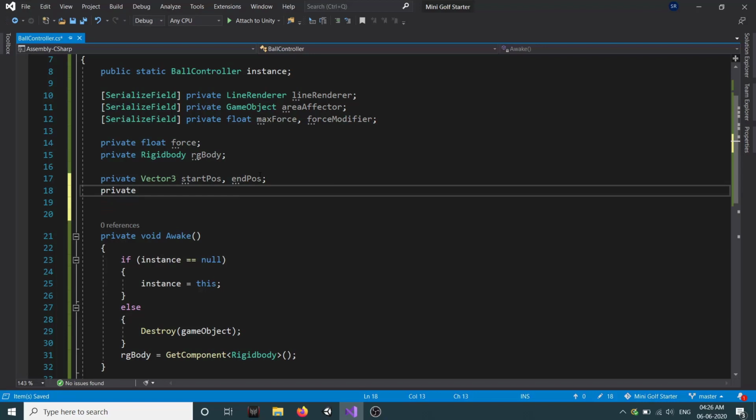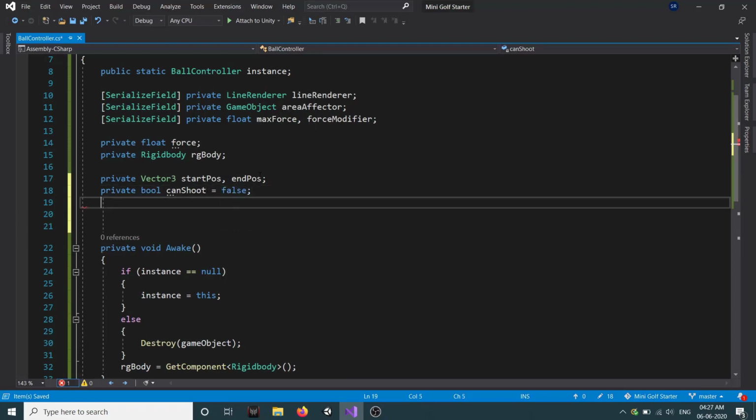Then we will need a private bool canShoot variable. By default it will be false. This variable will define when we can shoot, and then we need a private Vector3 direction. In this variable we are going to store the direction in which we have to shoot our ball.